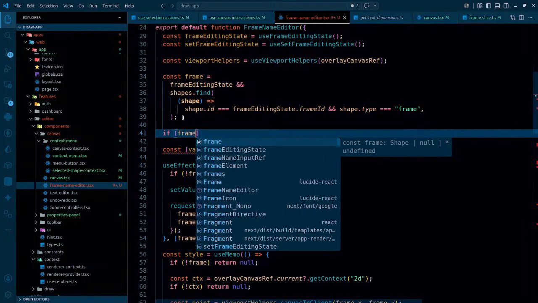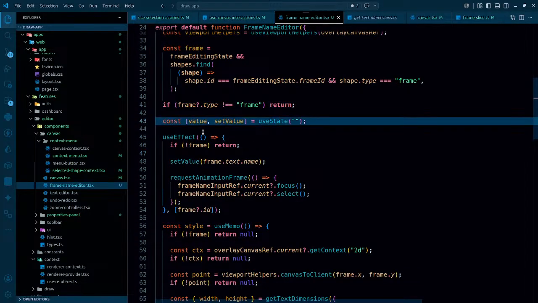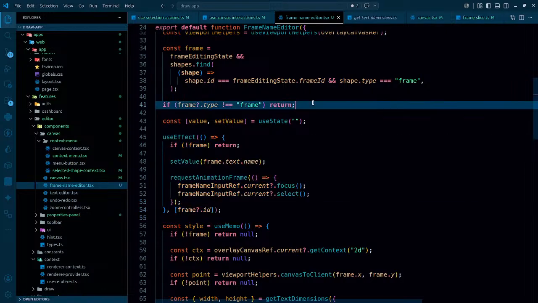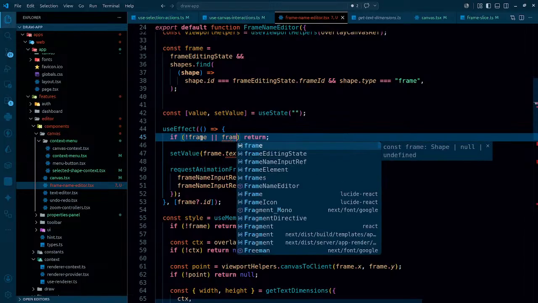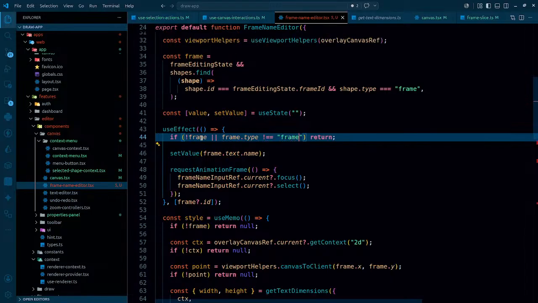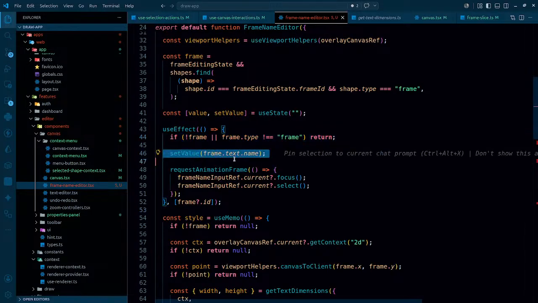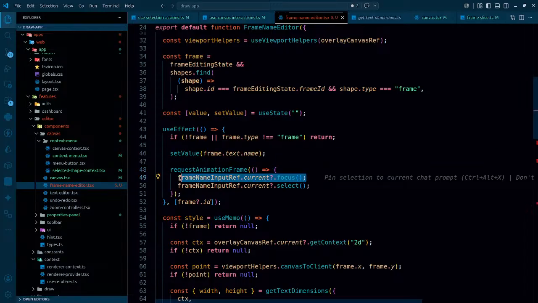If frame dot type is not equals to frame, return from here. This is the first thing, and this is not gonna be well, because use effect should not be used like this. So if not frame or frame dot type is not equals to frame, in that case we have to just simply return from here. We are gonna save the value of it, and once the value is actually saved, the request animation frame, that simply means it's gonna run initially actually. So the input is going to be focused,